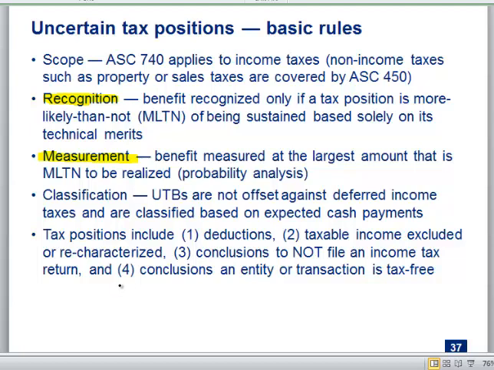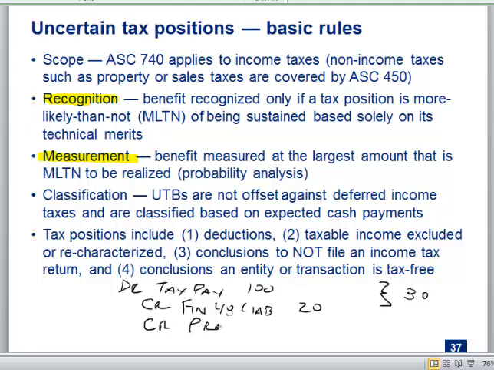But when you get down to being practical, think of that example, think of a journal entry. If I take a debit to tax payable for 100 because I'm going to claim a $100 credit on my return, but I think I'm going to lose 20 of it, I'll book a FIN 48 liability of 20. So that's my net benefit of 80, and I'll credit my provision of 80. The benefit I'm going to book is the 80, which is the amount that I think I'll sustain through the measurement test.